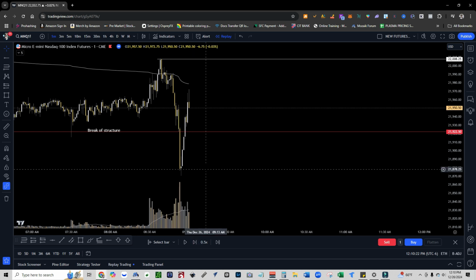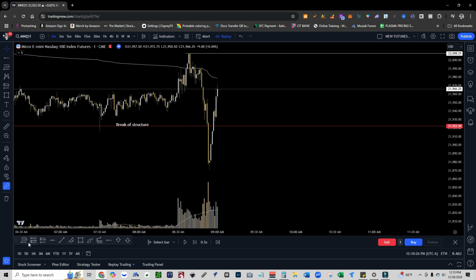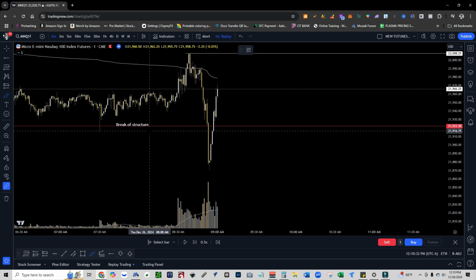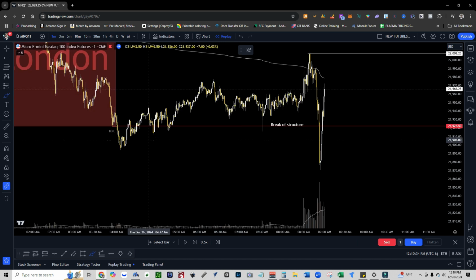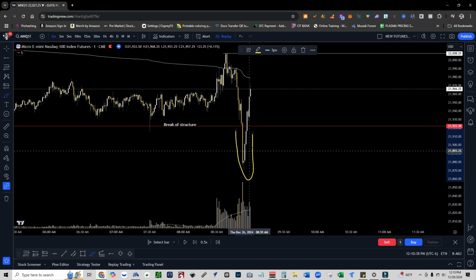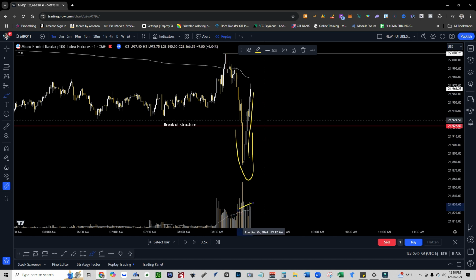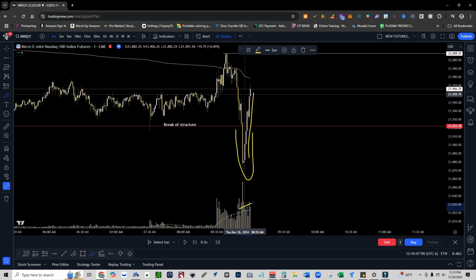All right, so right in here, I'm already seeing, let me move this out of my way. Right in here, I'm already seeing, hey, we got the break of structure, right? We broke the London low. So this is that draw on liquidity that we got. We have a big run up, right? The momentum's coming up, and the volume here is increasing. So now we got good volume, we got the break of structure, we got a bullish run up.